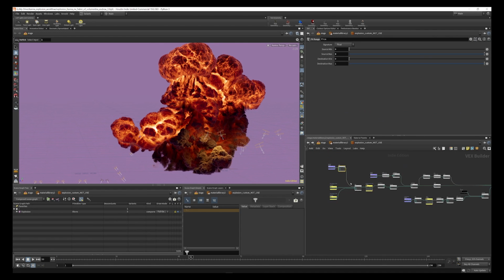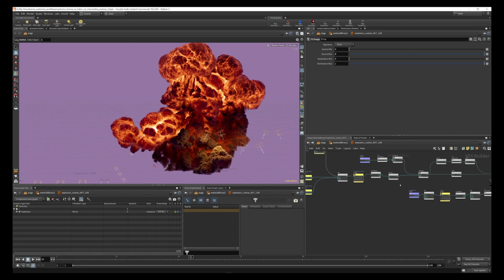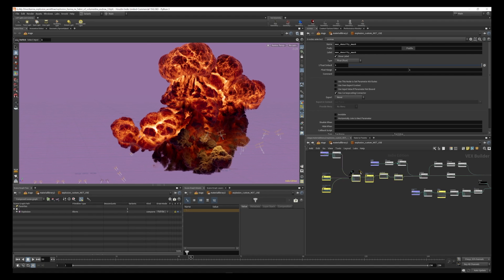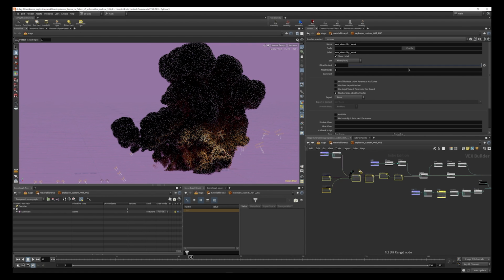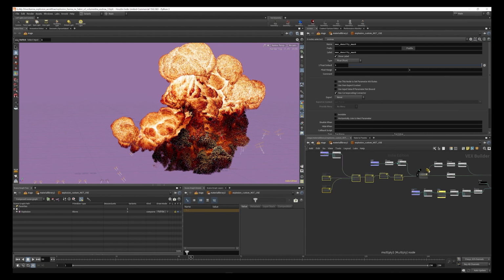So the best way to explain this is if I turn this off. We also have this scatter field, and this scatter is like a blurred version of our temperature that's all throughout this explosion, and we're multiplying that with this inverted shader technique. So if I turn this off, you can see immediately what's going to happen. We turn this multiply. There we go. And now you can see